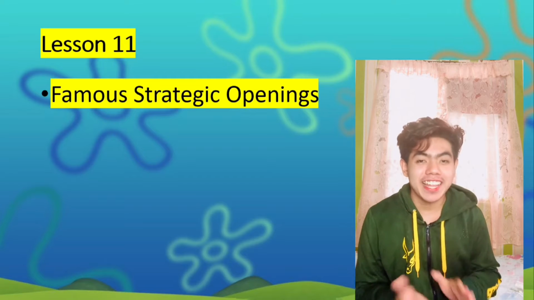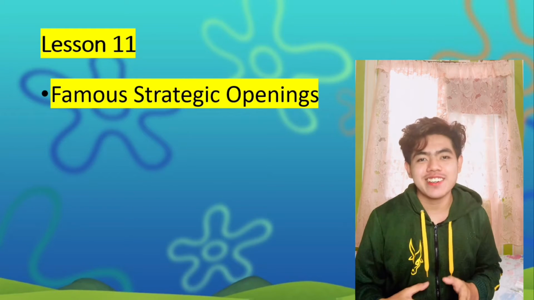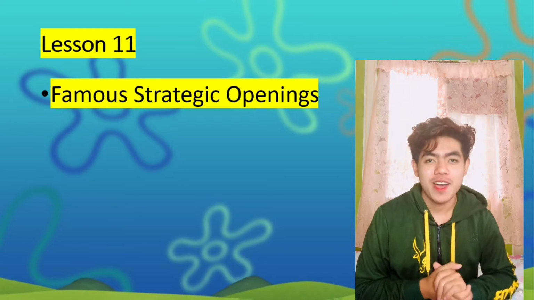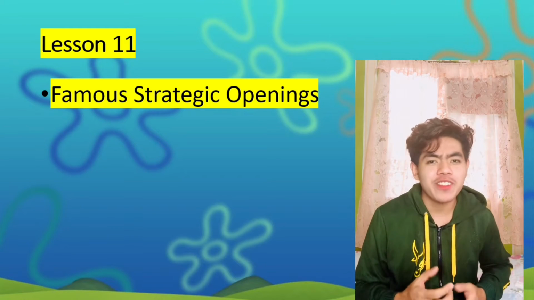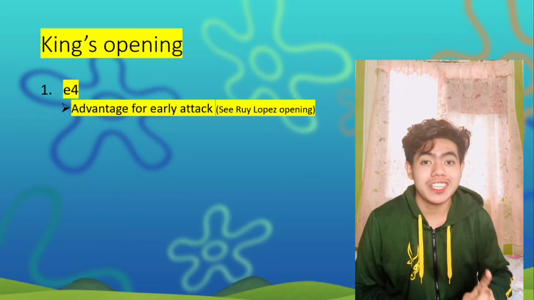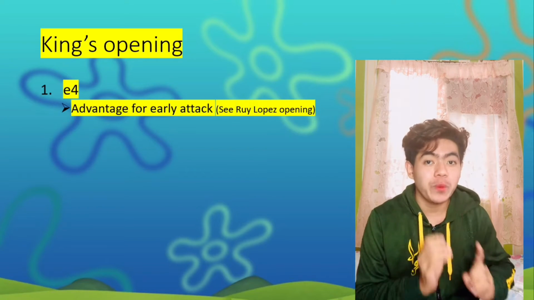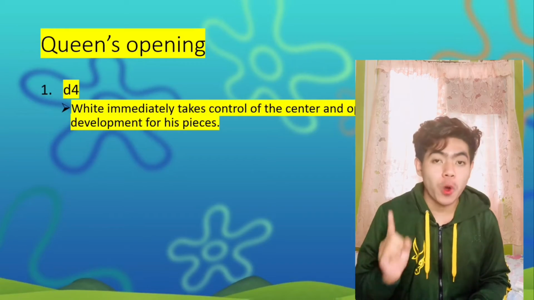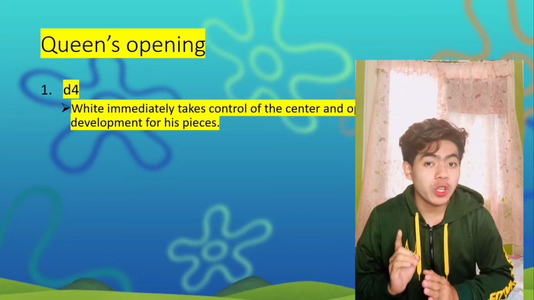For beginners and advanced players, we have discussed the famous and most powerful strategic openings for chess. On day 1, we have talked about the king's opening, which is king's pawn going to e4, queen's opening, which is queen's pawn going to d4,